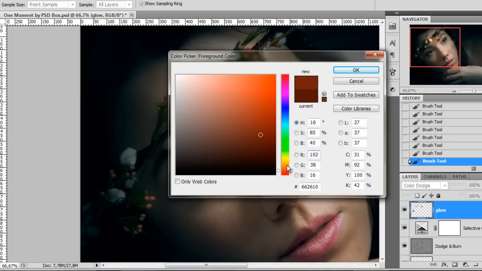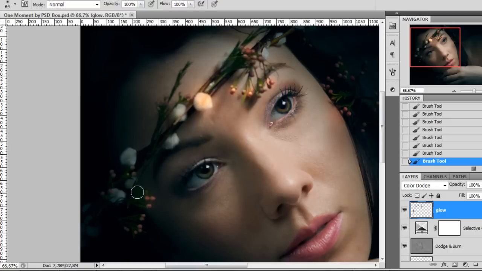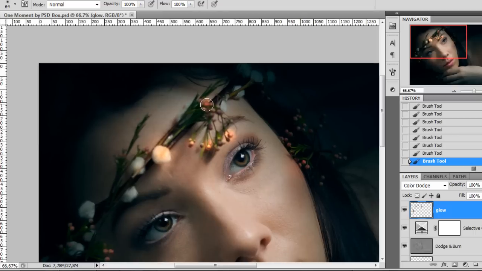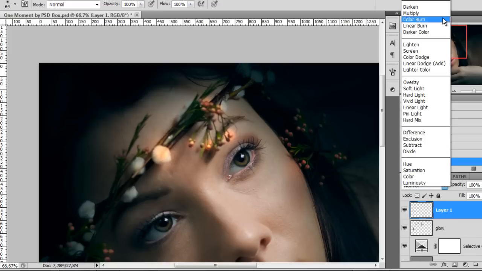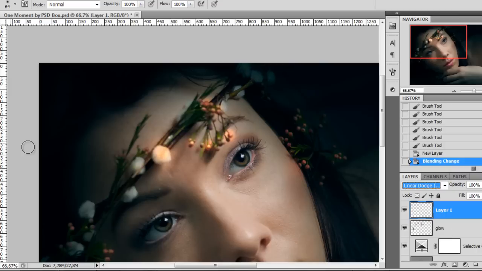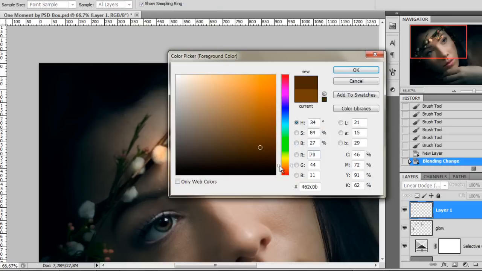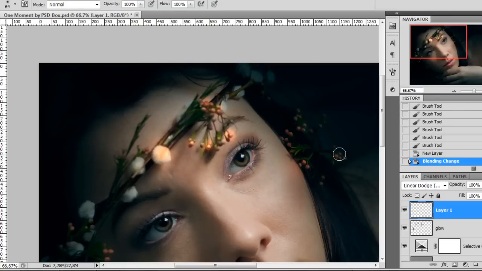And if you want a stronger effect, just use a brighter color and just make a few strokes over these plants here. And then I created another layer, and I think I used linear dodge, and again create more glows, but I need a darker color. The linear dodge works best over dark backgrounds because you can see the glow that I get,